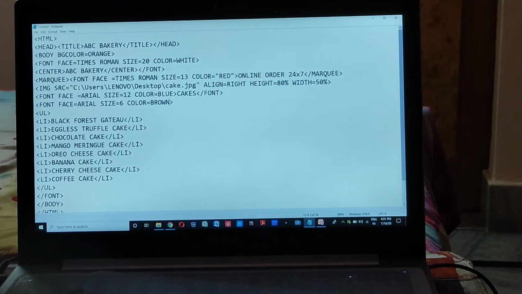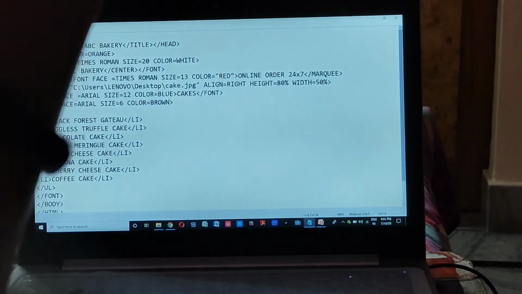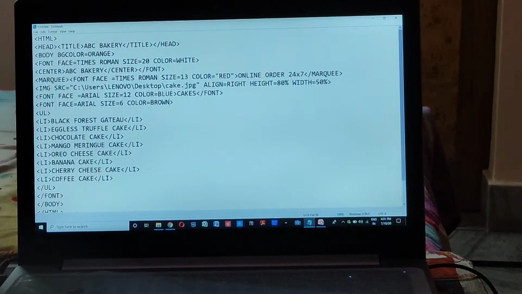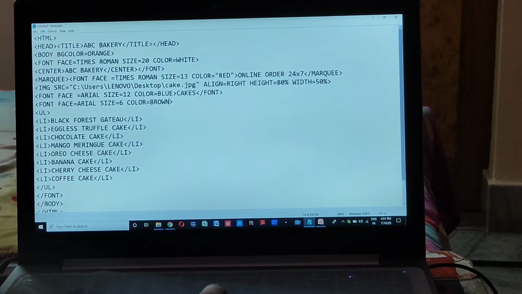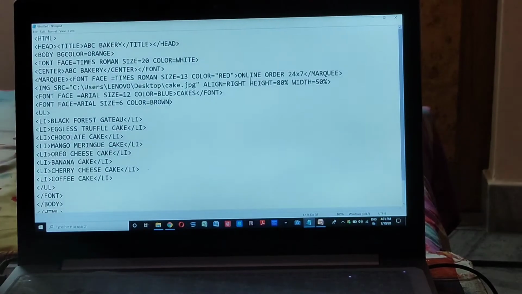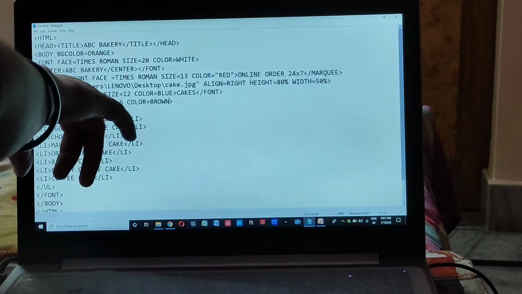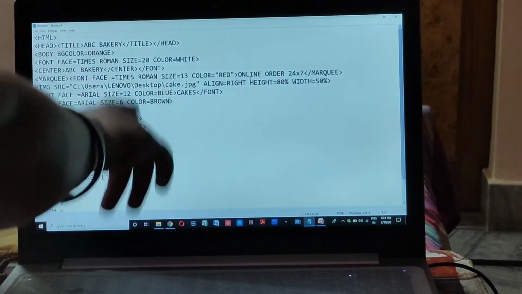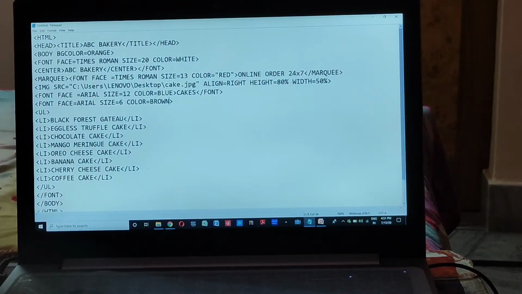Marquee is basically a tag with the help of which we can scroll any text on the screen, right? This is online order. You have already seen online order was continuously scrolling on the screen. So the font for that is Times Roman, size is 13, color is red, right? Then this marquee tag is closed.